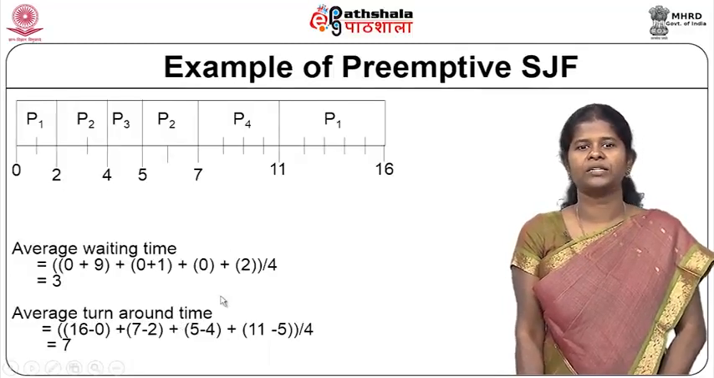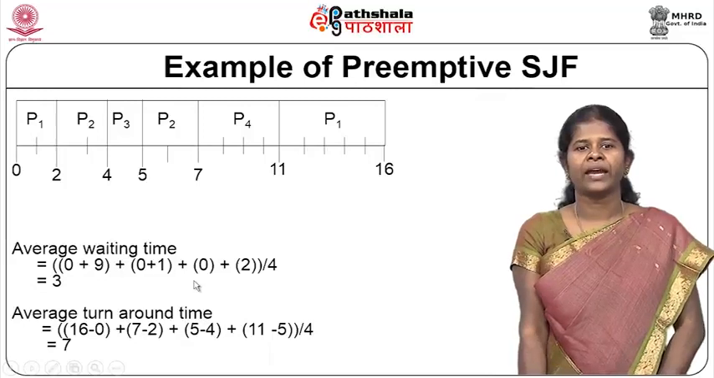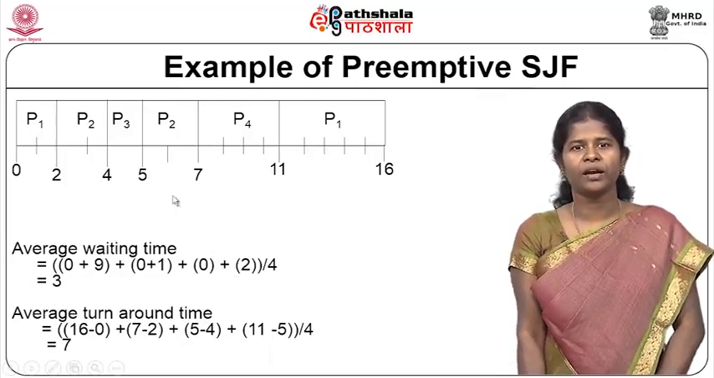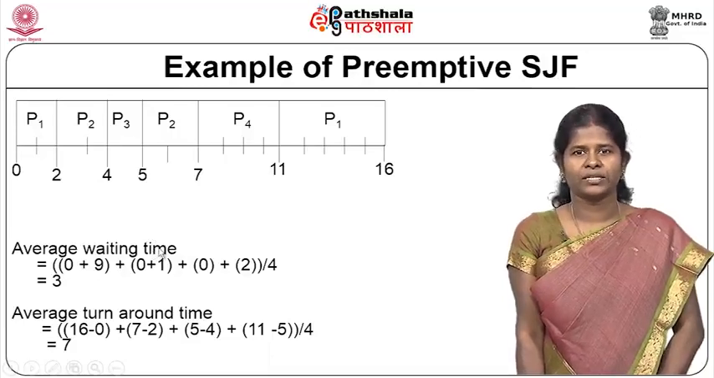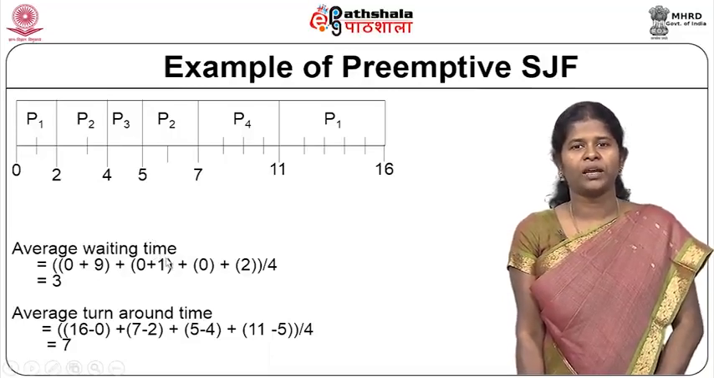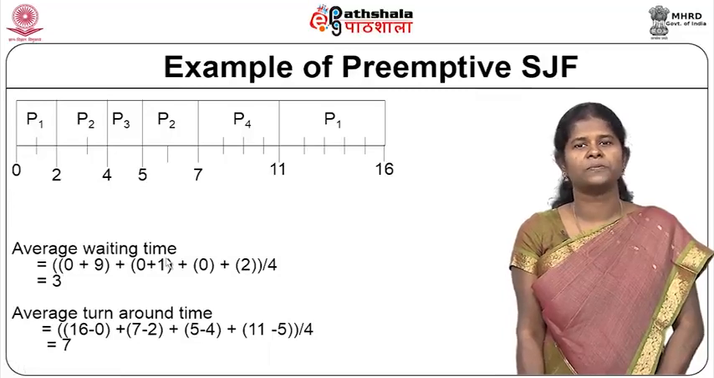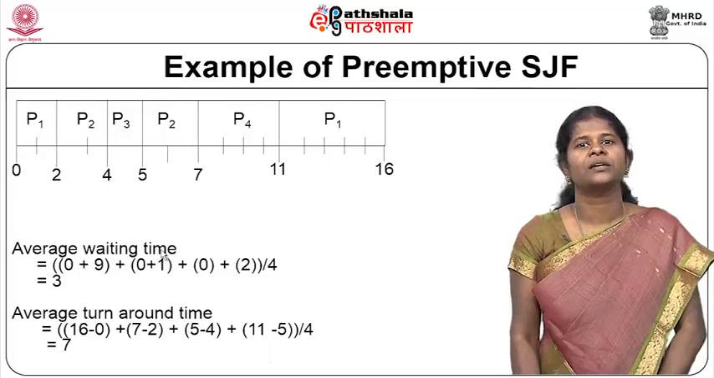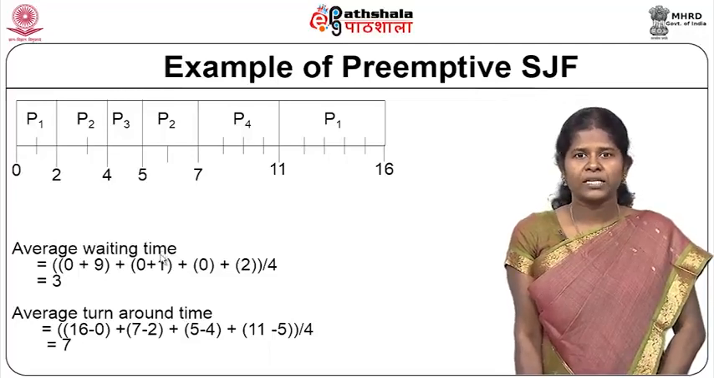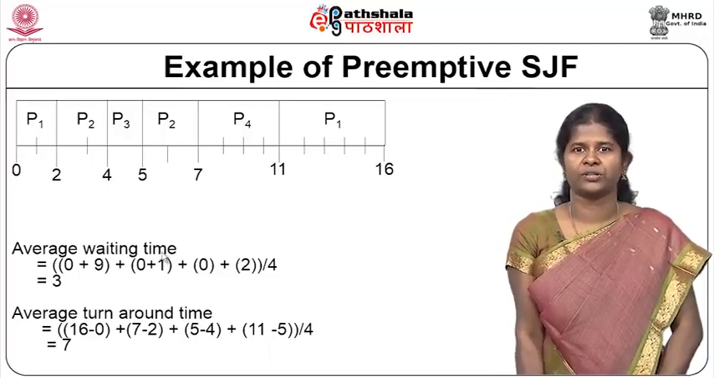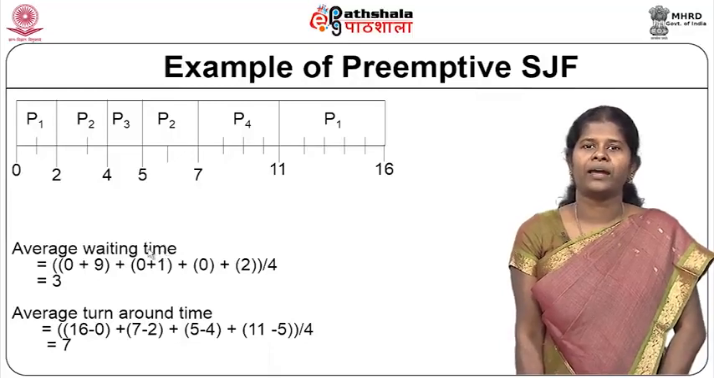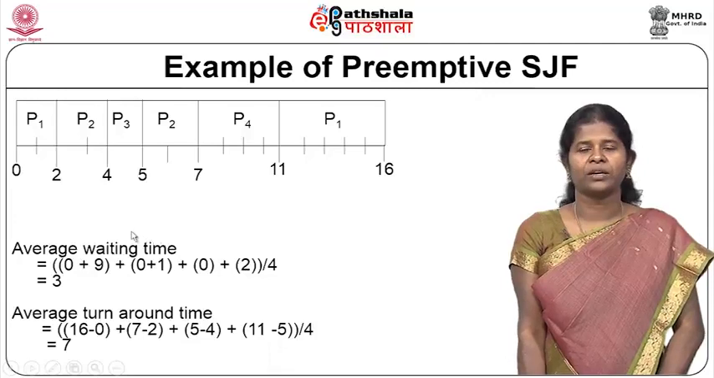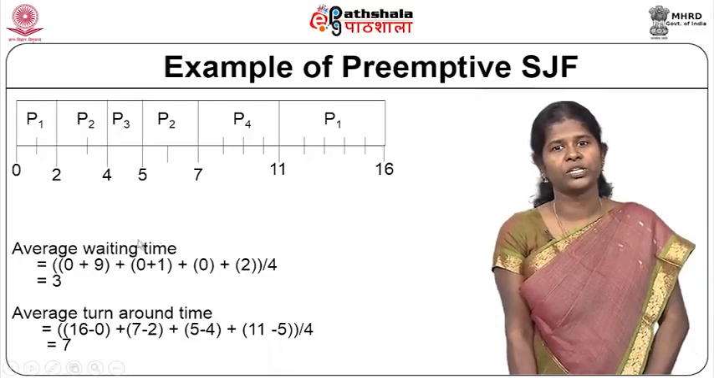Now, we will calculate the average waiting time and the average turnaround time for this scheduling. First we will calculate the waiting time. What is waiting time? The amount of time a process spends after it has arrived, before it finishes execution. So, that is waiting time. And turnaround time is the time at which a process finishes off